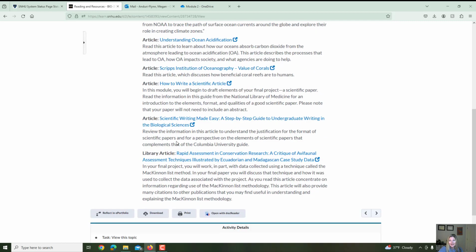Okay, and then the last 3 articles that we're looking at are more based on how to prepare for the final project. So, how to write a scientific article, step-by-step writing guides for undergrads in the biosciences. And then we actually have this article from the library that we're going to be using to help us understand how data was collected for our final project. So if we just take a look at it real quick,